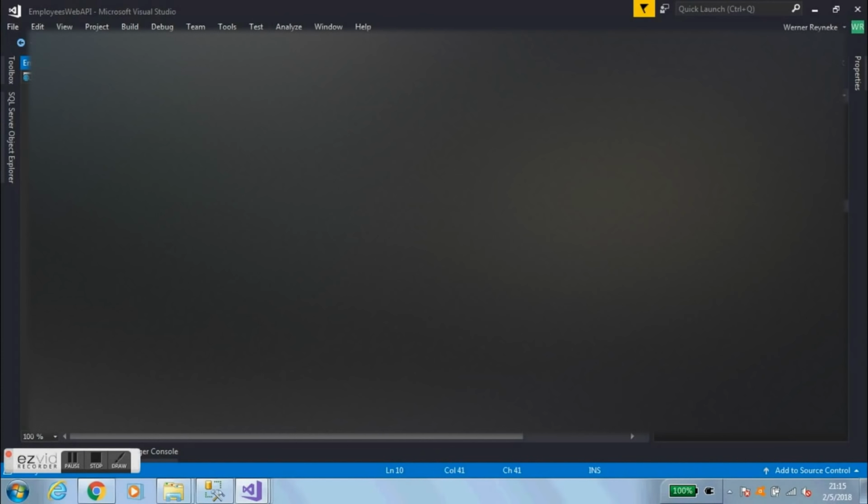Next, you have protected override void OnConfiguring. This is to say that on the OnConfiguring event in your database context, you're going to specify the connection string. So you're going to use optionsBuilder.UseSqlServer, and then in brackets you're going to have your actual connection string. So just to explain the connection string here,